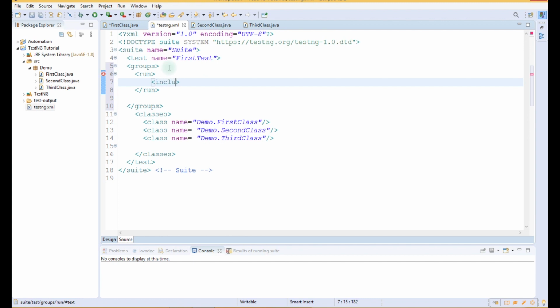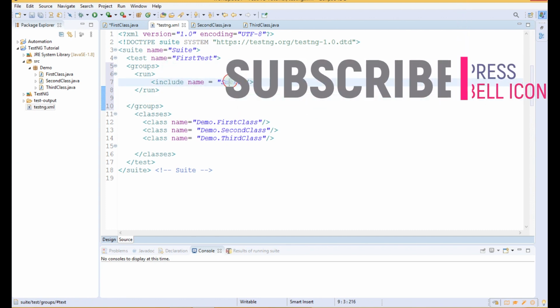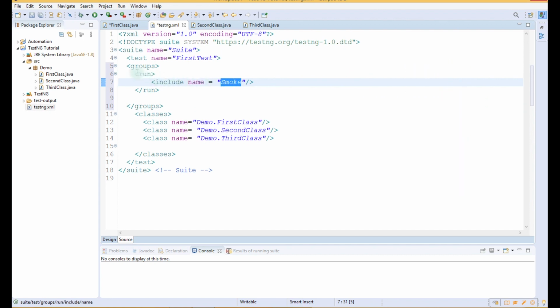So for that we will write include name equals to smoke. So we have added this smoke group in our test run.